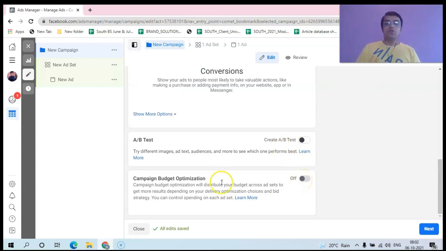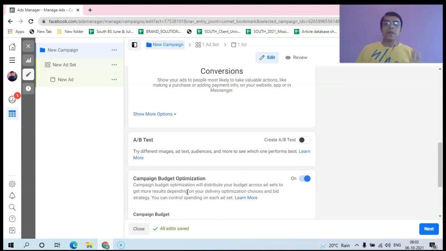Then if I have to do campaign budget optimization, which is right below your A/B testing, I have to put this on. So what is CBO? In our previous examples, when I didn't use campaign budget optimization, it took me to the ad set level, and at different ad sets I had to set different budgets. For example, if I had ad set one, I would have put a budget of 100 rupees per day. Then I create another ad set wherein I could have put a different amount, say again 100, and then accordingly